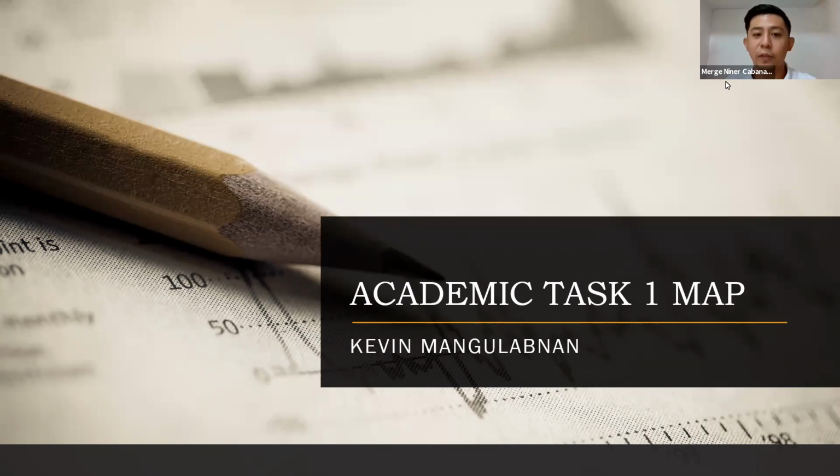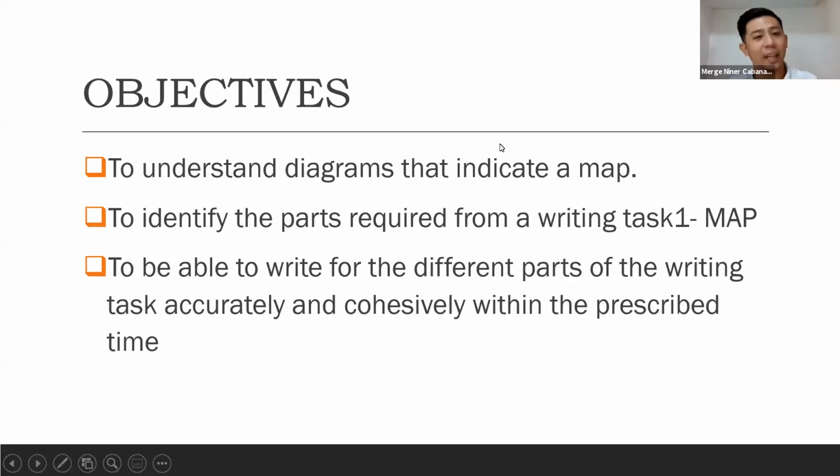So, first of all, we shall have a further understanding of what our lecture's objectives are. First, we want to try and understand diagrams that indicate a map. If my task is a map, what are the ways in which I can approach this in a structure that will be appreciated by the examiner? So that is our first objective. We want to understand what maps are in the IELTS Writing Task 1 academic module and how I can interpret the task using my own